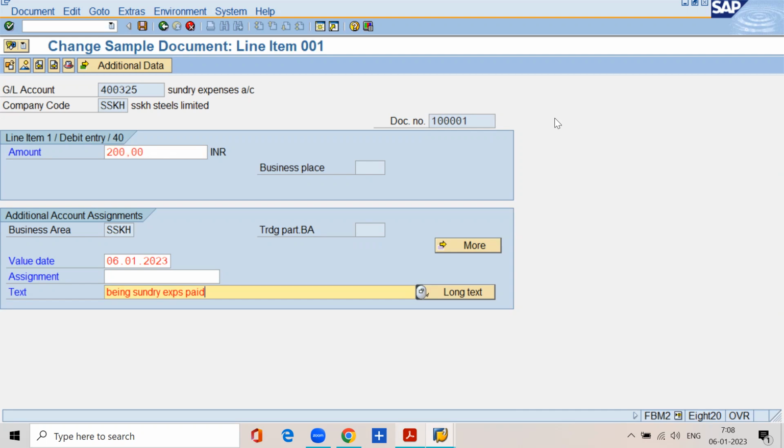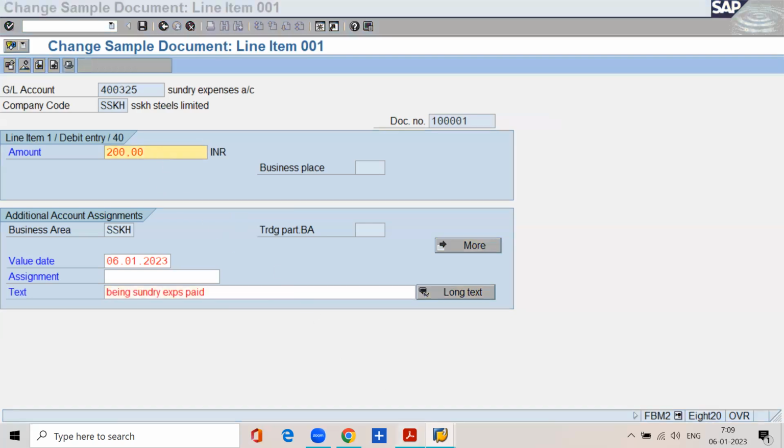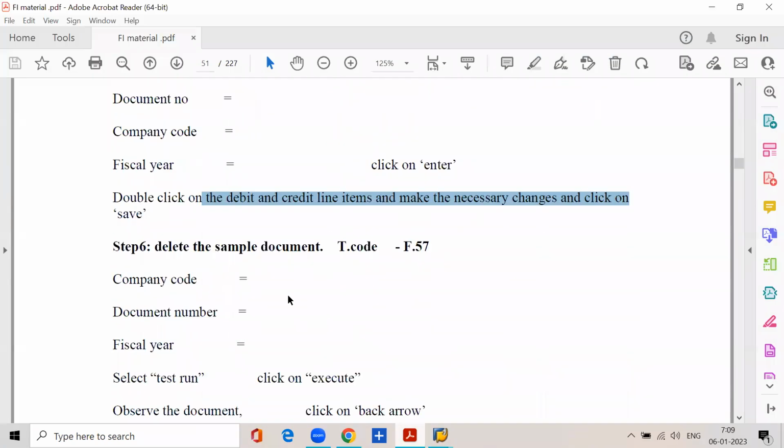We cannot edit GL account, company code, business area. So these fields we cannot edit. Other fields we can edit. So if you want to make any changes, you can make the changes. Then you click on save. Then